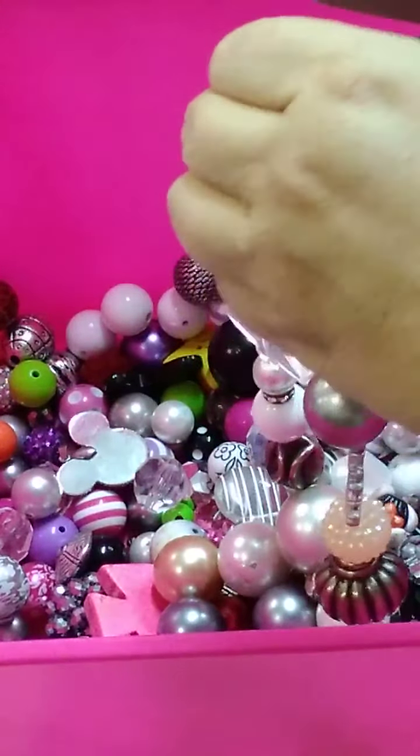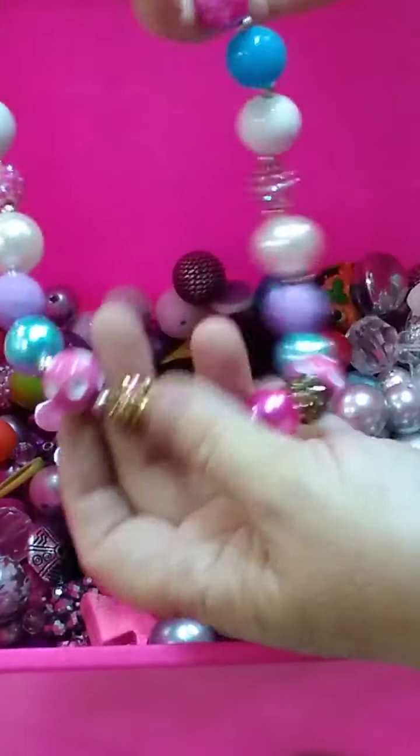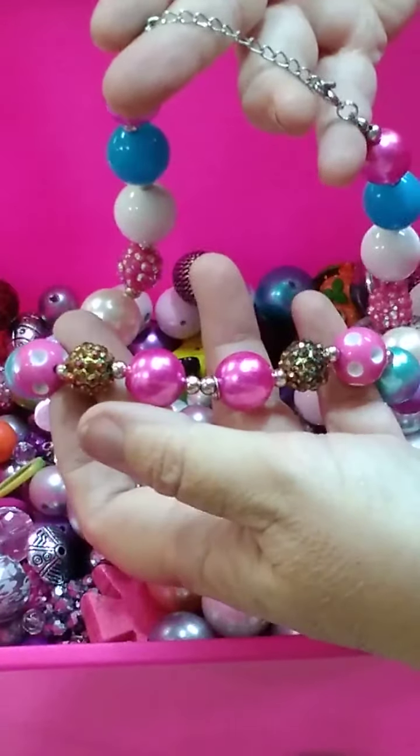Okay, now I'm going to talk to you about this one. This is a store-bought one. Probably came from Walmart or Claire's or something like that. Normally, well, I can't say normally. A lot of times I won't take these apart. I'll just try and sell these like they are, you know, $3 or so. But I really